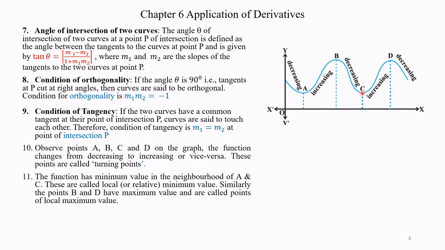At the point C also it has a minimum value, whereas at the points B and D the curve has a maximum value. So, at B it is maximum. See at the top, the y value is more here. You see, the value of the y coordinate is more. And similarly, at D also it is more. So, points B and D are called maximum value points. So, you understand the minimum value points and maximum value points on the graph.